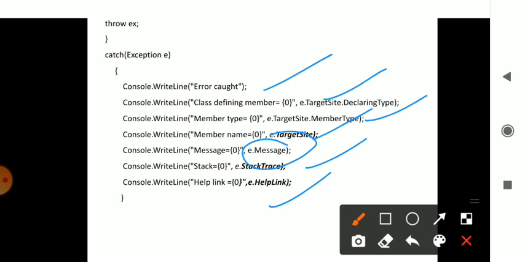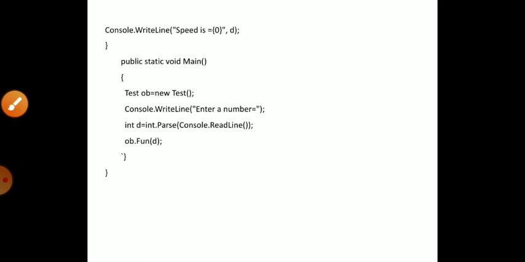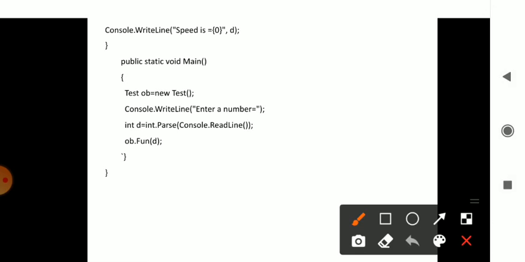So all the properties which are there can be used in a single program. In the main method you can check what has happened in Console.WriteLine. If the value is less than the max value, then it will print the speed on the screen. In the main method an object called obj is created, and you are reading a number